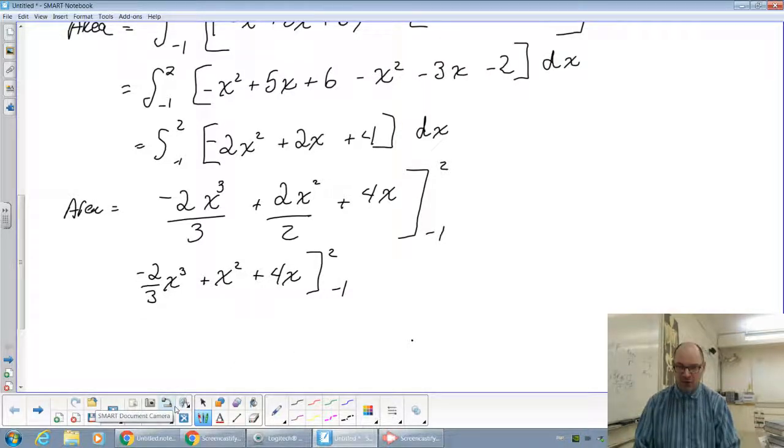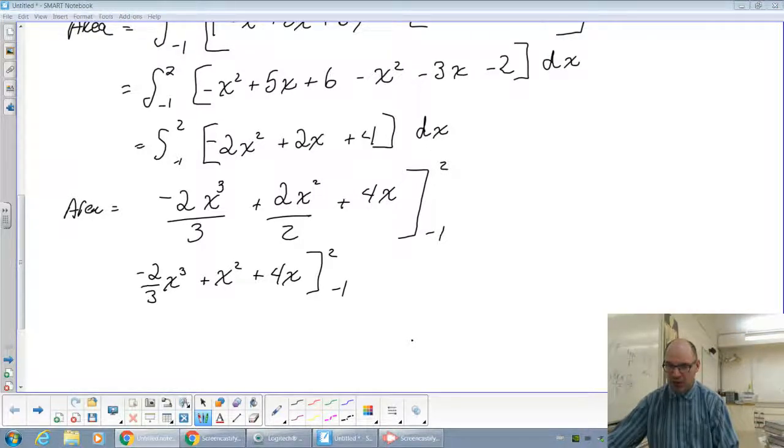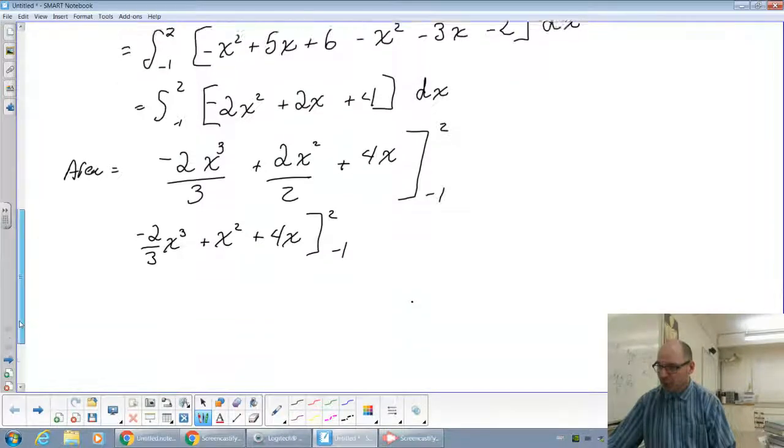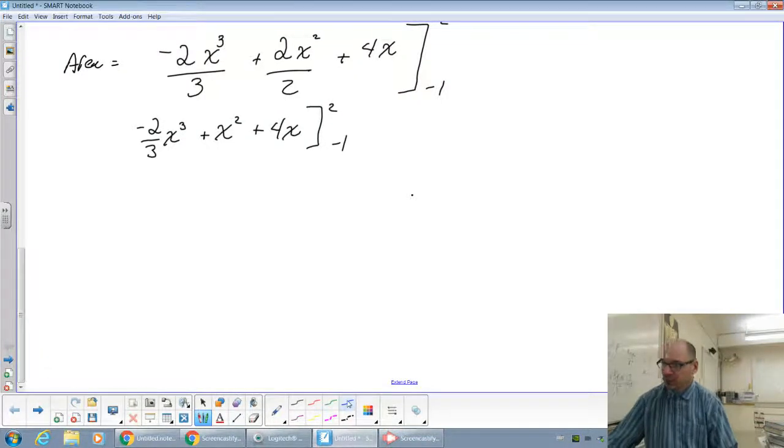Okay, so now what we have to do is plug in the number 2 and then subtract the number negative 1. Sorry, I was going to say 1 there, but negative 1. Let me just set up my example here, and we'll work that out. I need more space. There we go. So we're going to plug in